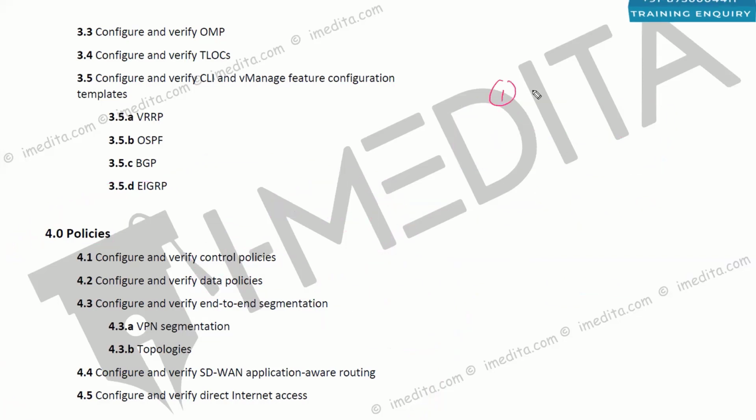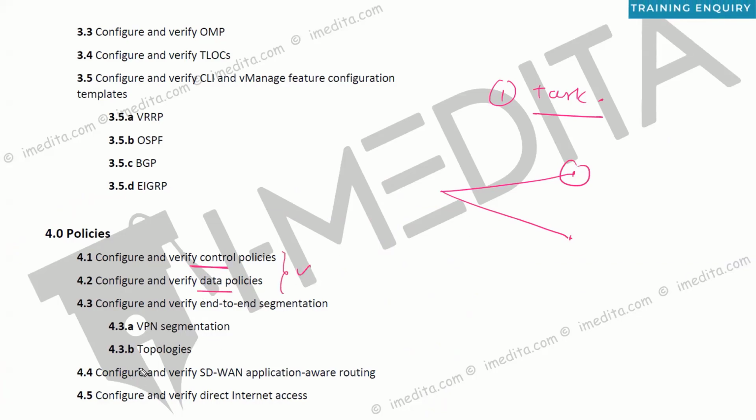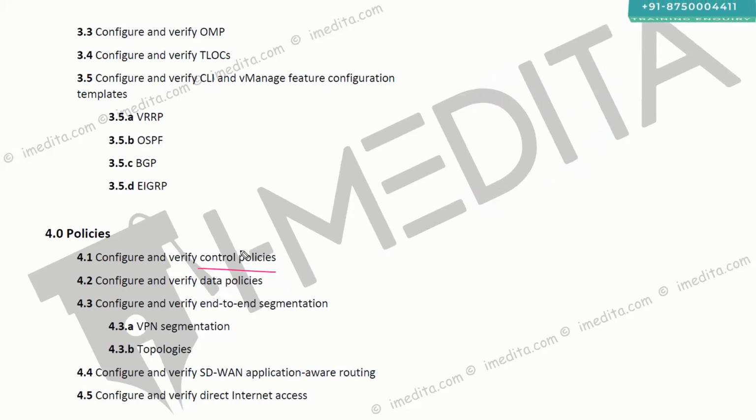Let's say, for example, there is a task that says the traffic from this point to this point must go via the data center. This can be done with the help of the control policy as well as the data policy. So certain objectives can be completed with both policies. However, remember that control policies specifically are going to change the routing behavior, and the data policies are going to change the data traffic. So we'll talk about these policies, then VPN segmentation, hub and spoke topology,